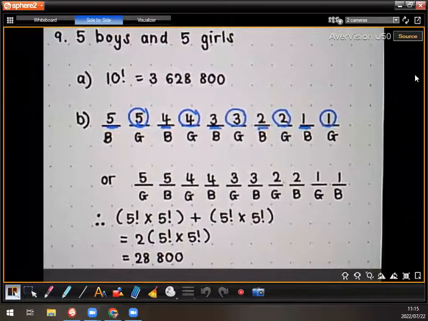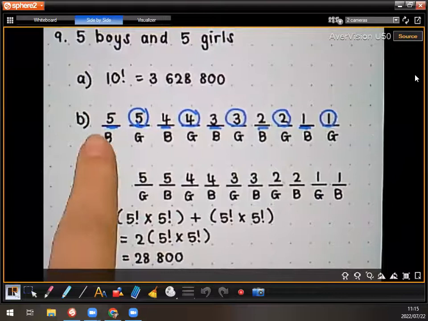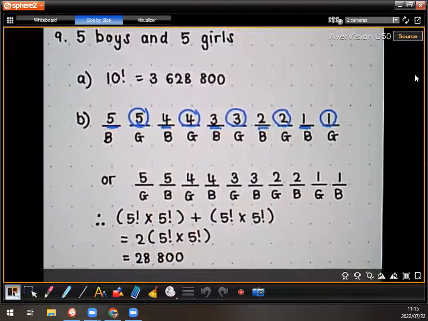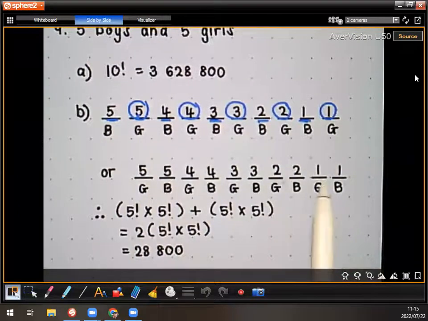But now, guys, you can also do it the other way around, because what if a girl sits first? Right? That's also an option. You can also have a girl sitting first, then a boy, then a girl, then a boy. So it's basically all the same numbers, but in the first option you have boys sitting first, in the second option you have a girl sitting first. And then what you have to do is take this and add those values all together with the final